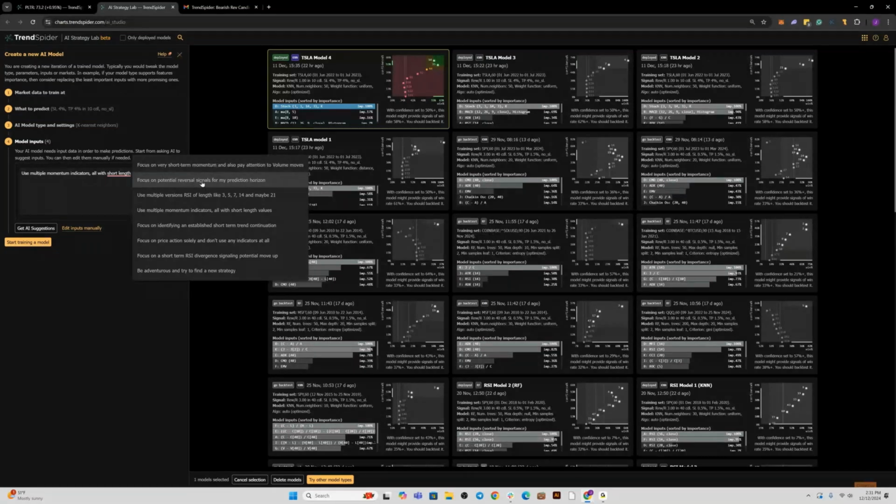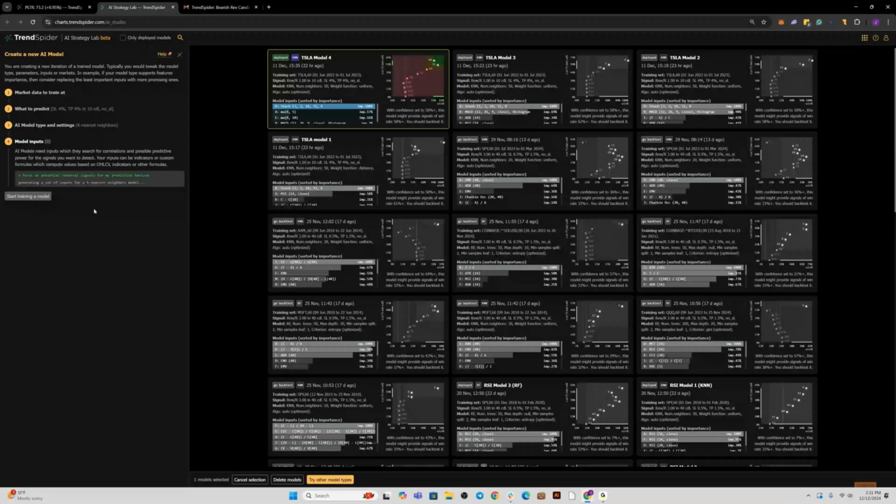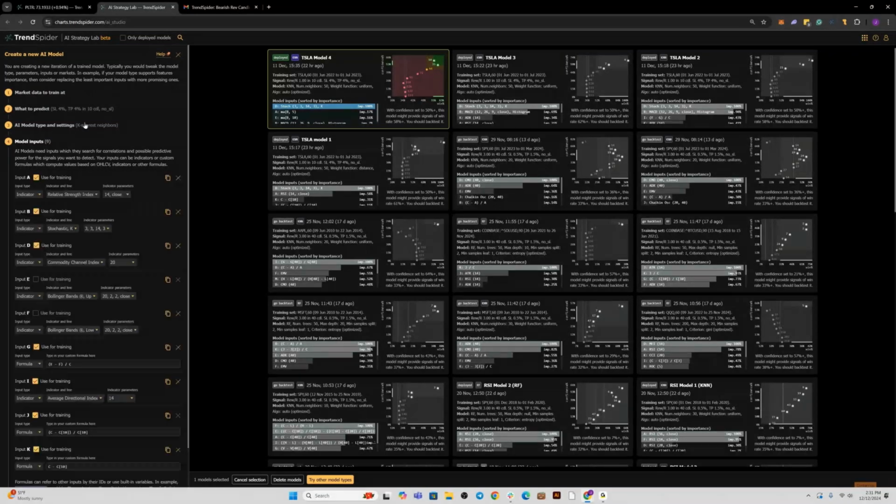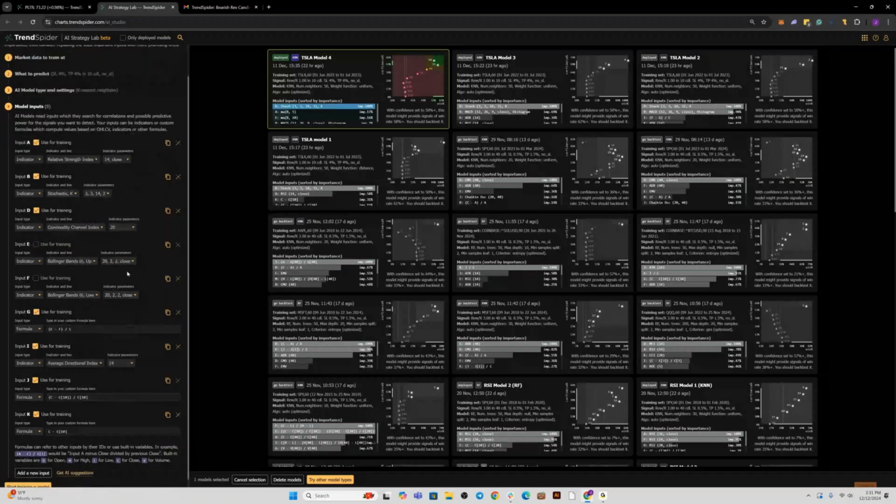And instantly the AI lab is going to start thinking through inputs that are meant to create a signal in times in the Tesla chart where my prediction horizon can actually be true, where I could actually hit a 4% return in a 10 candle window before a 4% stop loss is hit. So instead of me creating the parameters that define this entry, it creates a set of functions and a set of different indicators that it can build a model off of.